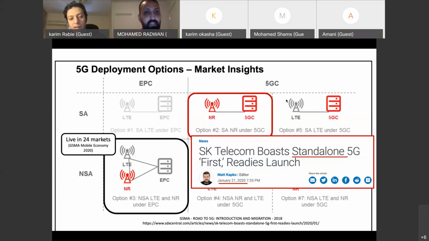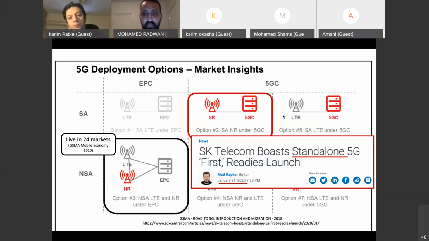For example, I would say they have a mix of options. Well, they started with option 1 because initially it was the 4G, and then now it's a mix between option 3 and option 2. But I don't think the 5G is still live there, so we have to wait and see, especially for the 5G. Sure.